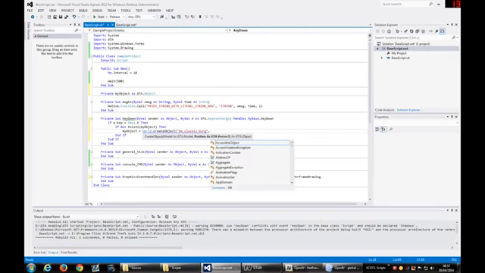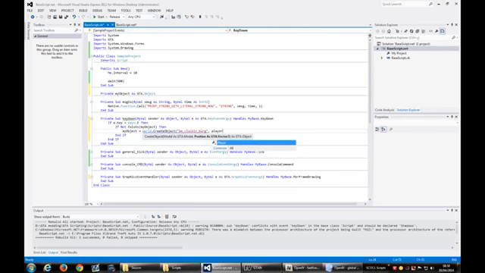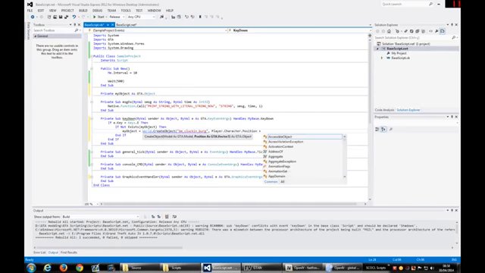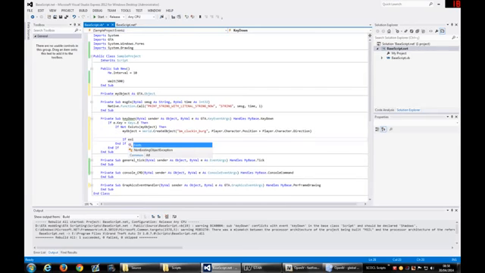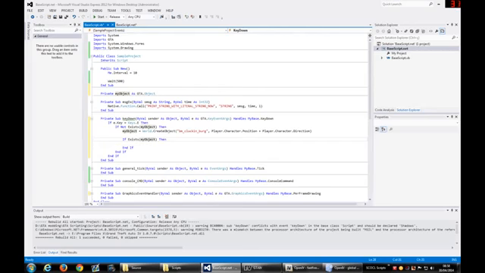And we need a position where this object will be created. I will use player position plus player direction, that is basically a position in front of the player. And after creating the object, I will check if it exists, because the game can fail creating the object. And we need to always check if the object exists or not. So if it exists, I will do something that is important.